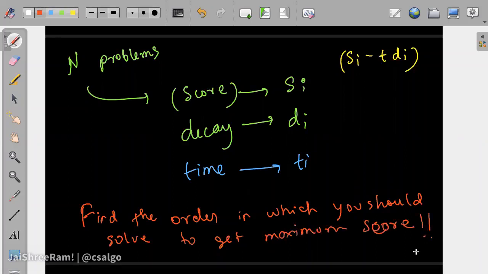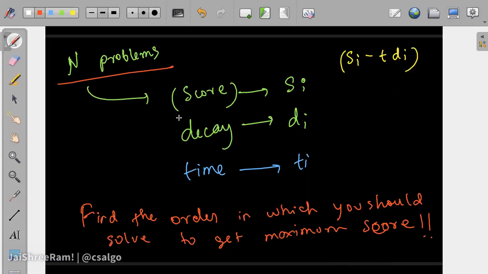And you have to solve all the n problems, but you can change the ordering if you want to. It's completely up to you in which order you want to solve the problems, like the first problem first, or the second problem first, and so on.